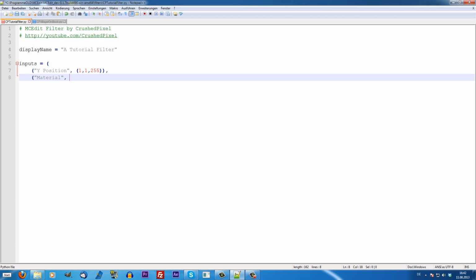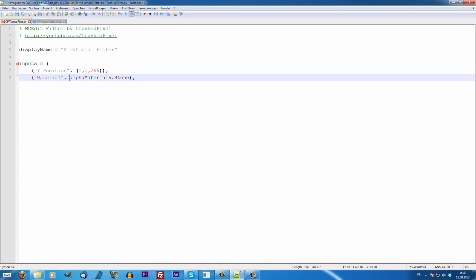And what we do then, we gave this input a name, and now we want to define that it is a selection box from which you can choose any block. So you can just decide on which block the villager is going to stand. What we're going to do is write alpha materials dot stone. And what this does, it takes just one of, you can decide from all of the